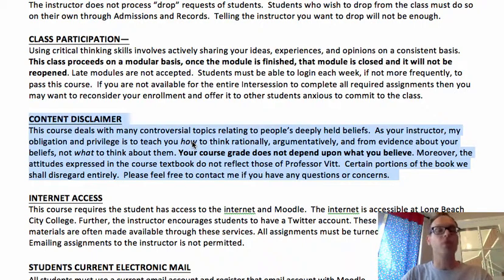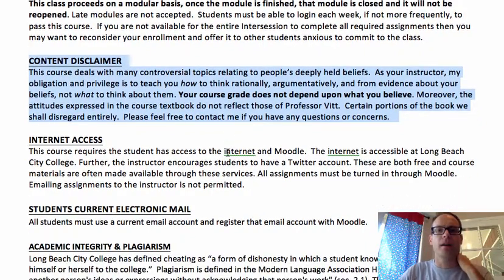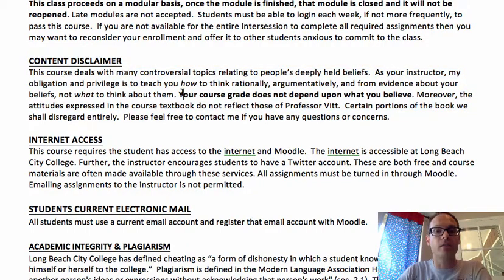And then I've had students who don't believe in any of this paranormal phenomena, and they still do very well. So I don't grade you on what you believe, but you will have to be able to articulate various skeptical arguments regarding these issues. I can't teach you what to believe. I can teach you how to think, but I can't teach you what to think. If I'm just telling you what to think and you're spitting it back at me, that's not education. That's just rote memorization. You can do that anywhere. So please understand, I do not grade you on what you believe.